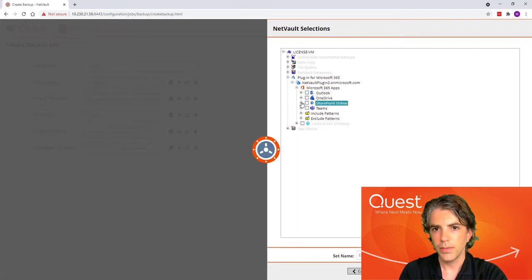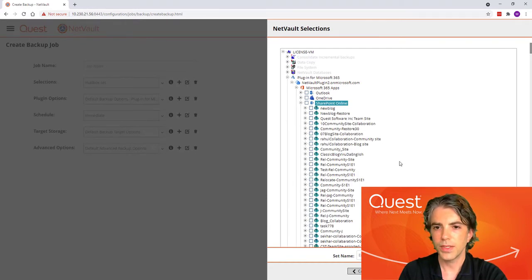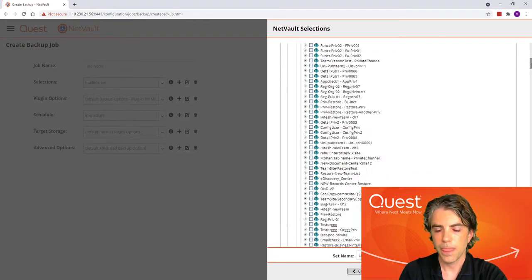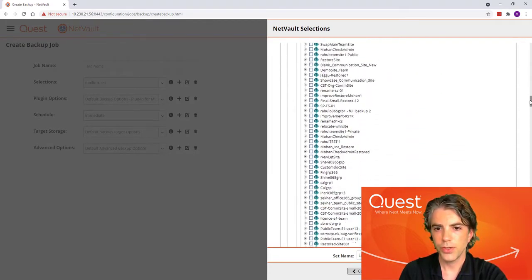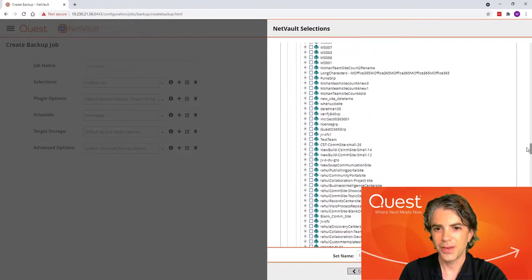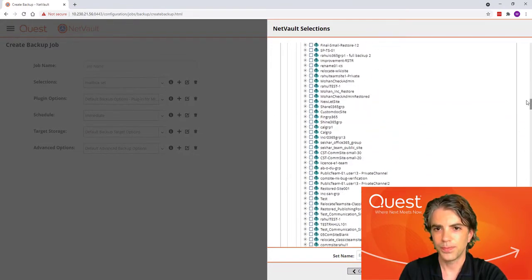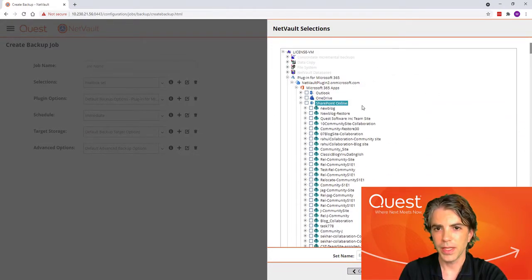With SharePoint Online, NetVault presents a list of SharePoint sites that exist in this tenant, and we can pick and choose one, multiple, or all sites. Big list of sites in them.